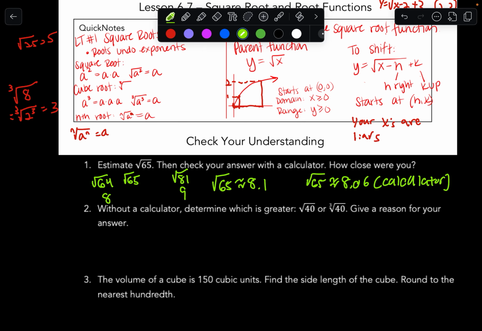Now, without a calculator, determine which is greater: the square root of 40, which is some number a where a times a equals 40, or the cube root of 40, where a times a times a would equal 40. Okay, so which one would be larger? Well, the square root of 40 would be larger